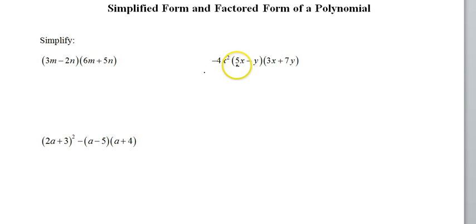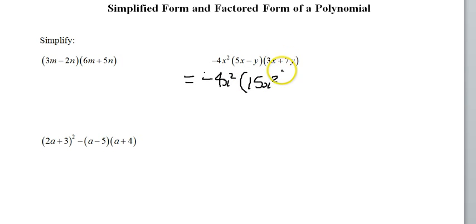What we're going to do in this case is first start off by multiplying the two binomials together, simplifying it down, and then our last step will be to multiply by the monomial in front. So equals negative 4x squared. I'm going to put a set of brackets, and in this set of brackets I'm going to multiply the two binomials, 15x squared